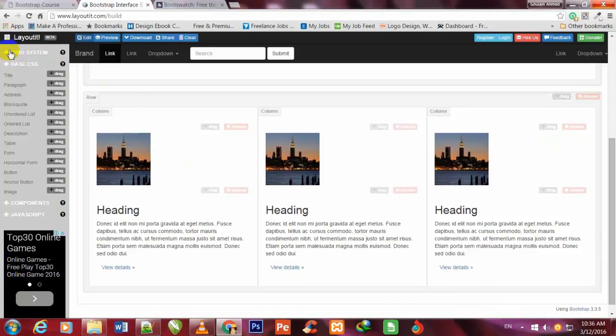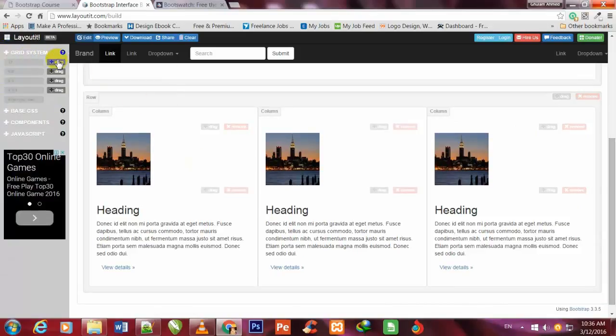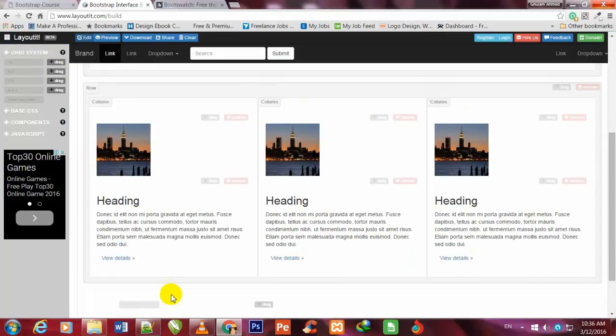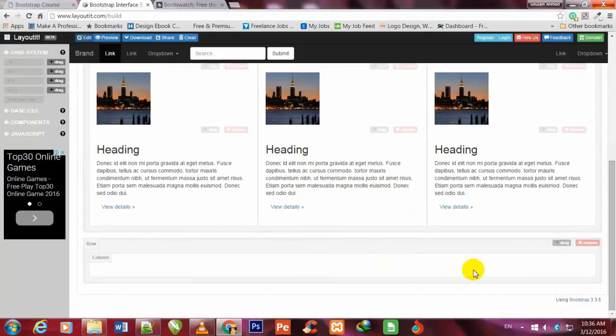Now I go to grid system, and inside the grid system I will go to the top one, drag it, click over it, and paste it here. This is the first row, complete col-lg-12. Now I will click over base CSS,